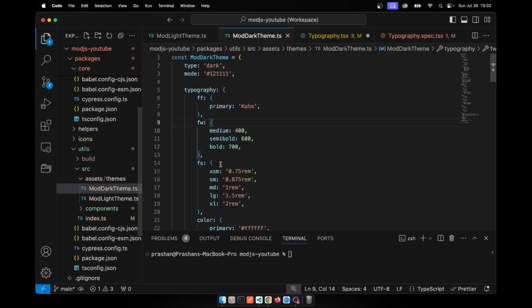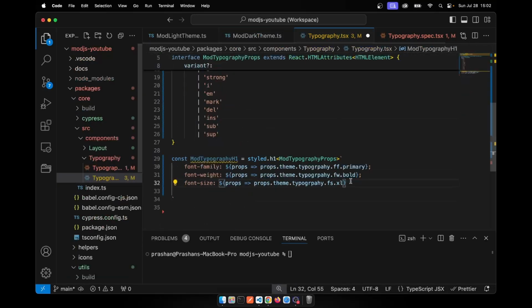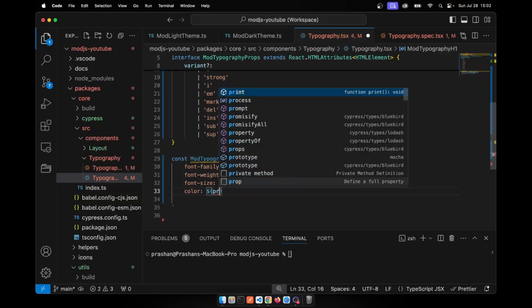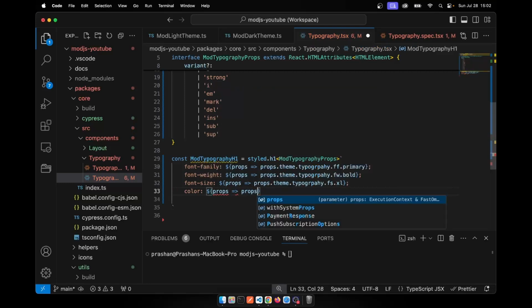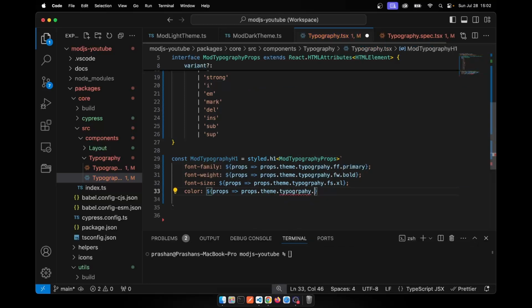Do I have that property there? I do. Extra large for h1 tag. Okay, and for color, props.theme.typography.color.primary. Okay, let's also add some padding top,